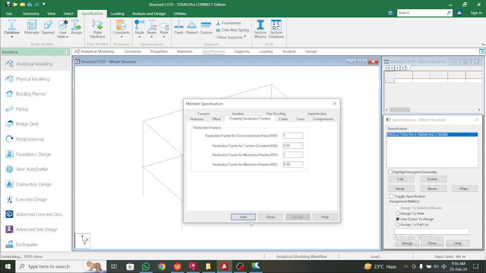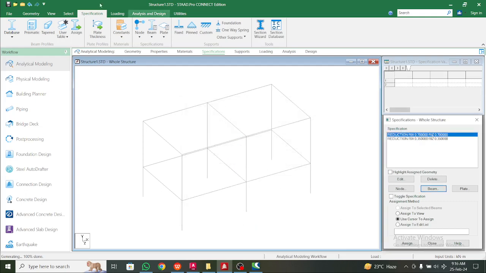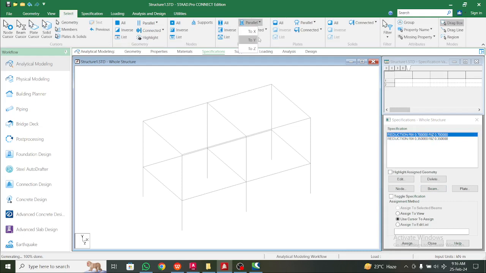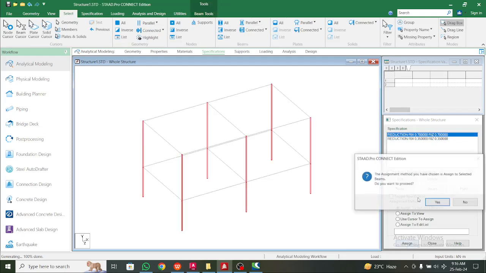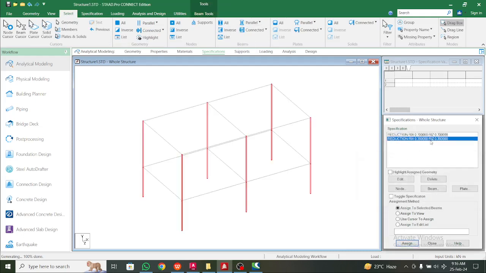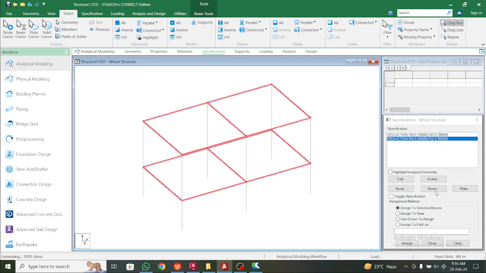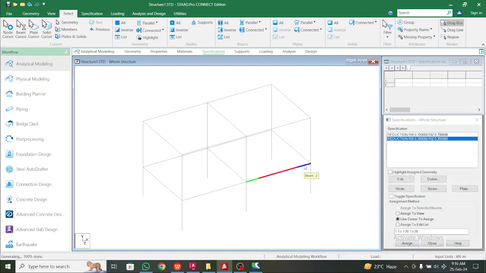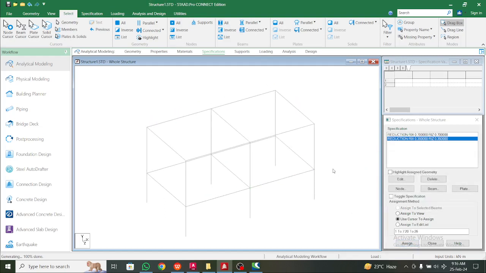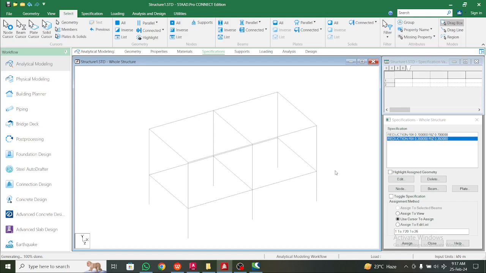0.35 here, and click on add again, and then go to select here and parallel to Y and assign, and also select this and parallel to X and parallel to Z, and then assign this. Nice and good. Now we need to use the diaphragm also, but for using the diaphragm we should ensure in the STAAD editor or the STAAD command file